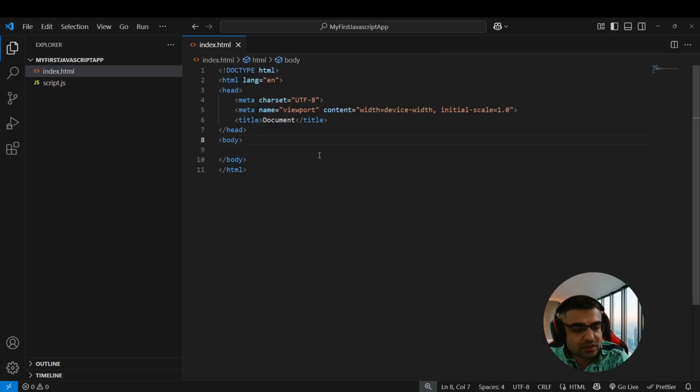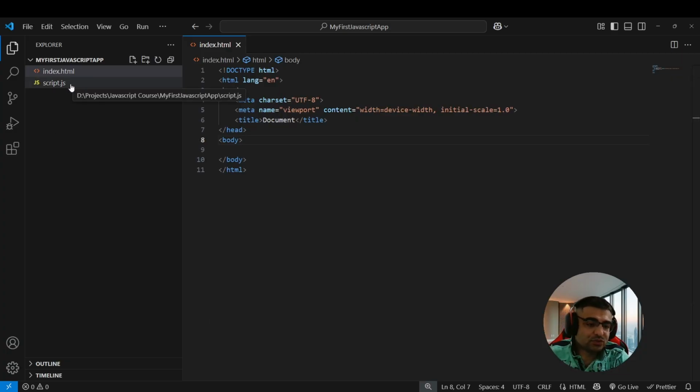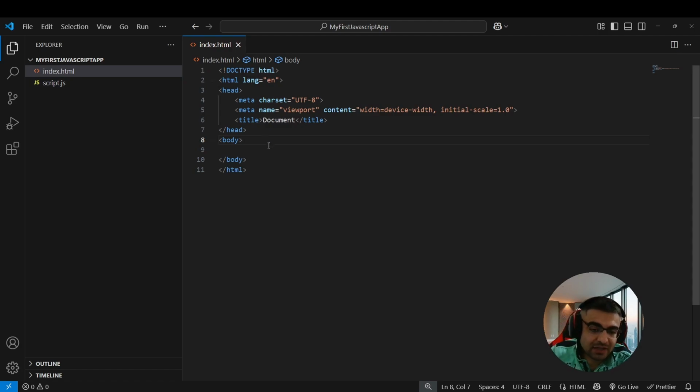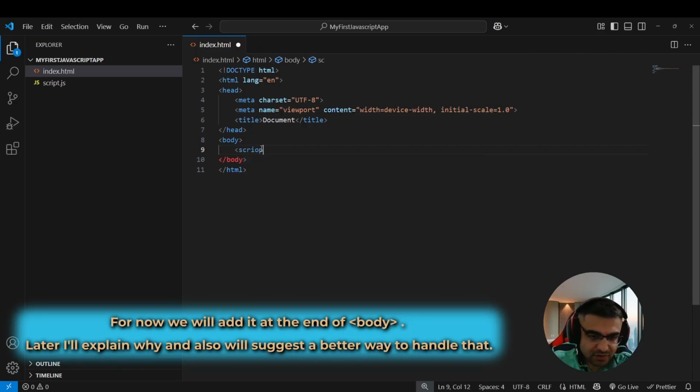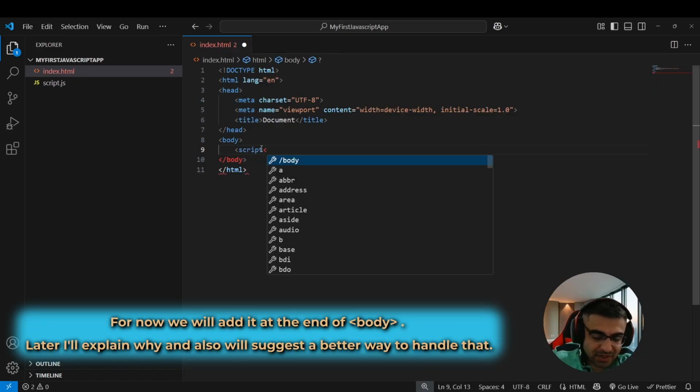Then we need to link these two files. We need to link the JS file to our HTML file. In order to do so, I can add the script tag here, right before the closing body tag.